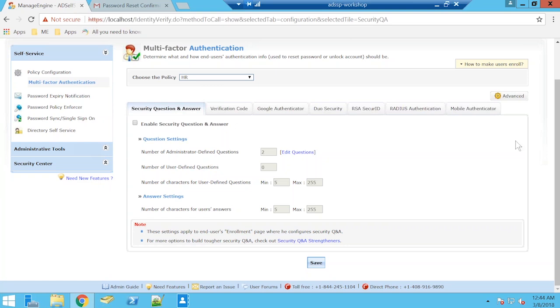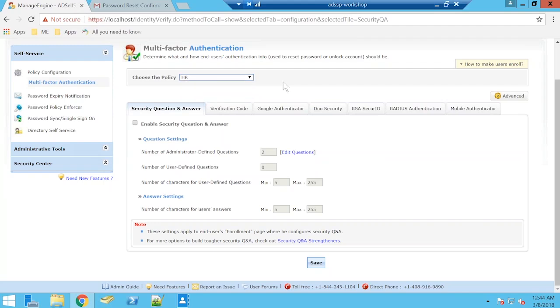So when we talk about password reset process, we also try to emphasize how important it is to secure the reset process. So we went through a verification code method of authentication to go through a password reset operation for the user Brian. But like I said, this can also be customized and enforced for users based on policies, self-service policies that you create, and this self-service policy is solely based on organizational units and groups present in your